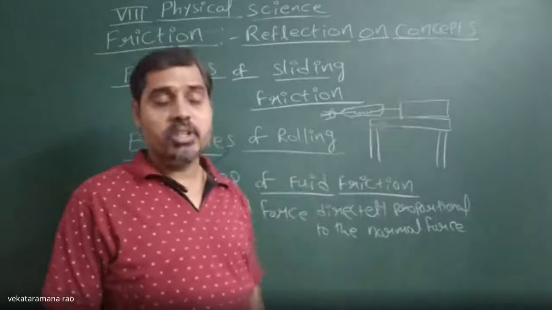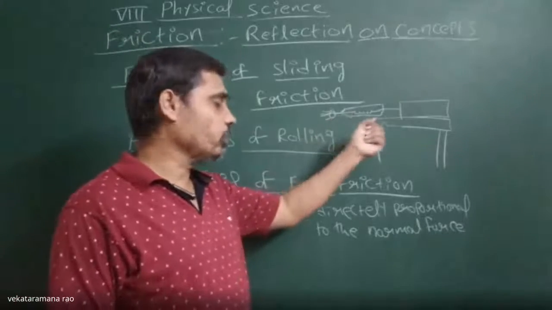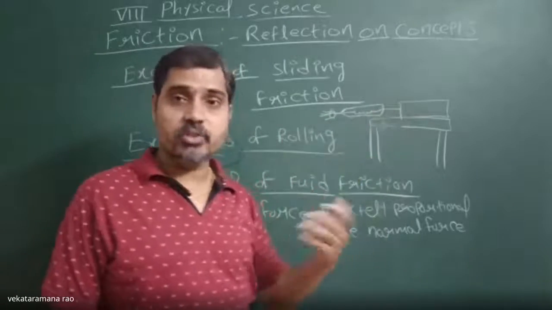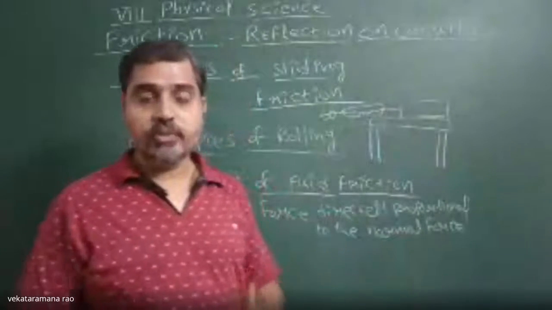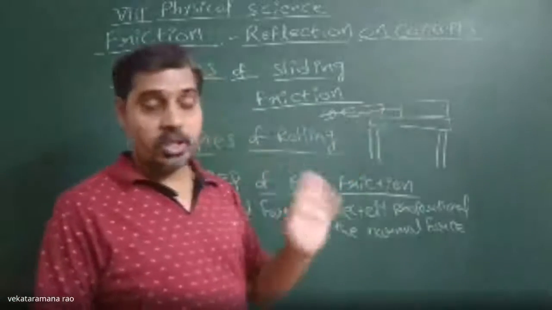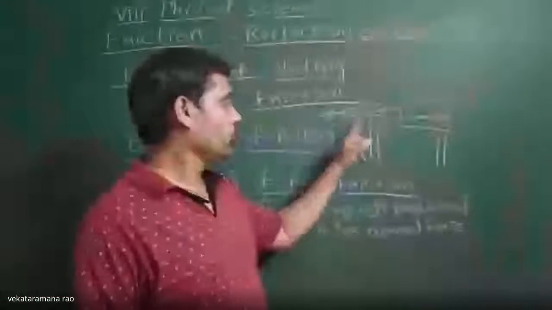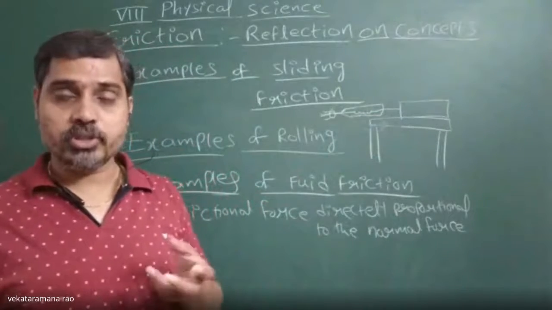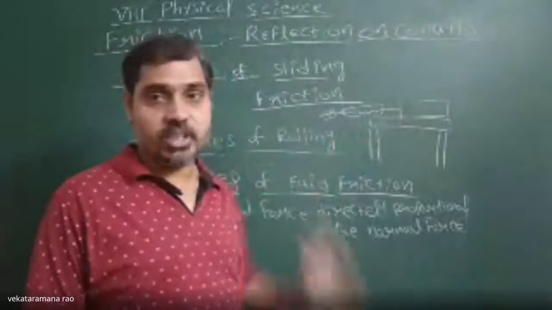This is called static friction. If you apply a little force, the block won't begin to move. If we increase the force a little, the static friction also increases. Still, there is a limit to that static friction. If you overcome that limit, the block begins to move. Whenever it begins to move, note down the stretching of the spring balance. It gives an idea of the limiting force of static friction for that single wooden block.